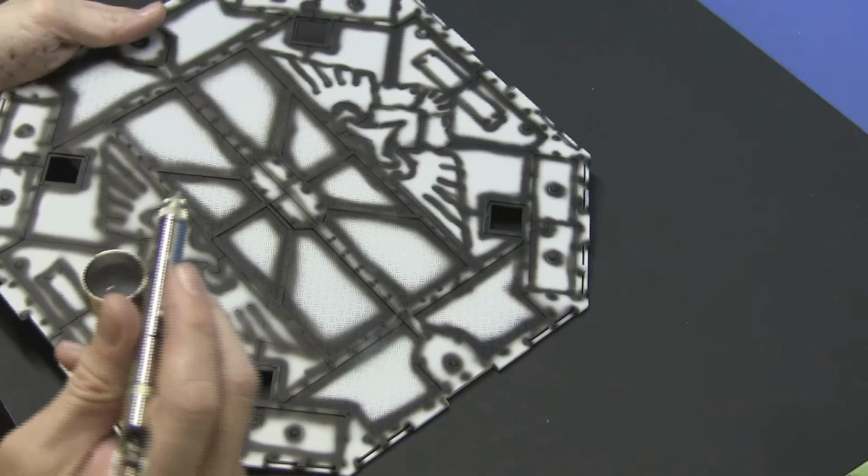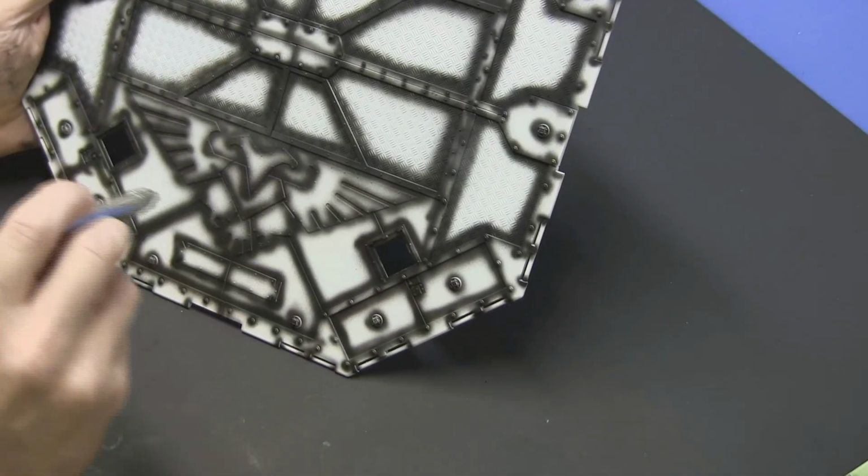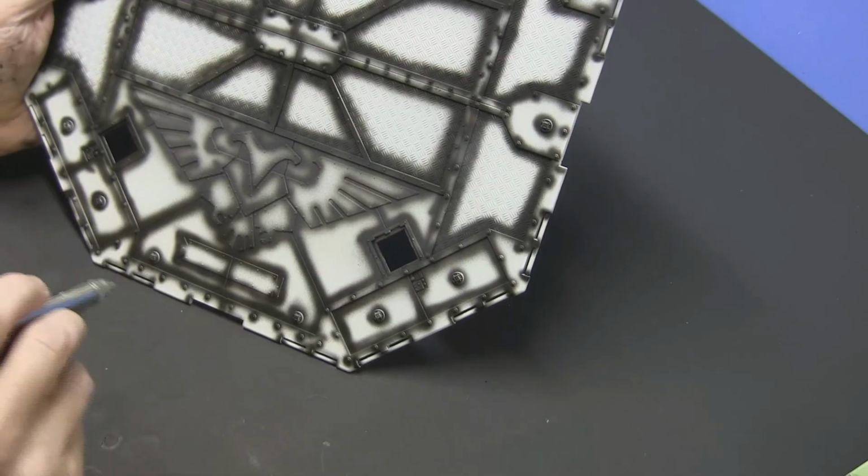Okay, paint's ready to go. So now I'm just going to start spraying very lightly. I'm not going to concentrate in one area too heavily. Just going to kind of mist it